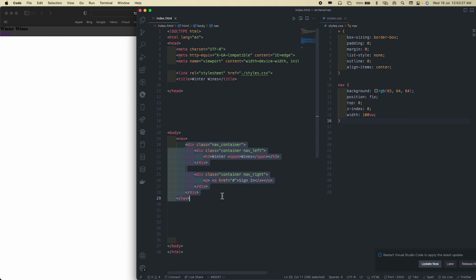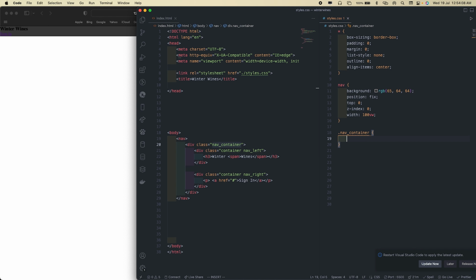So now, after dealing with this navigation container, we can now come and deal with our div class over here, which contains the left and then the right nav. So we would call it by the same name that we gave it over here, which is the nav container. So anytime you want to style a container or an element in your HTML file, you have to always mention the name of that particular element. So in our case, we are going to style the nav container. So you say dot nav container,